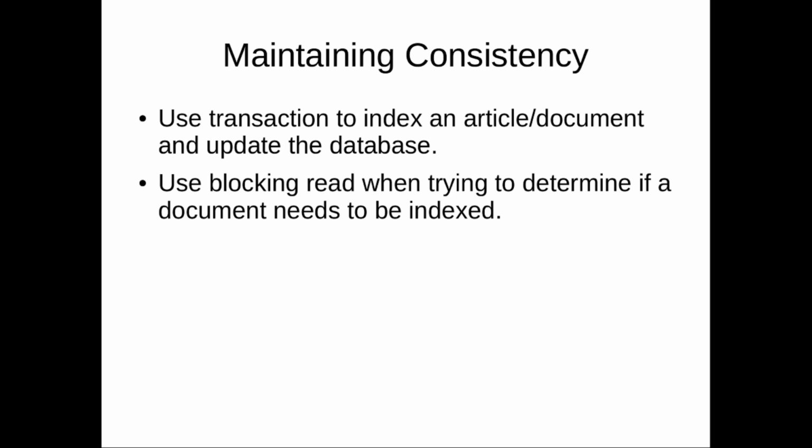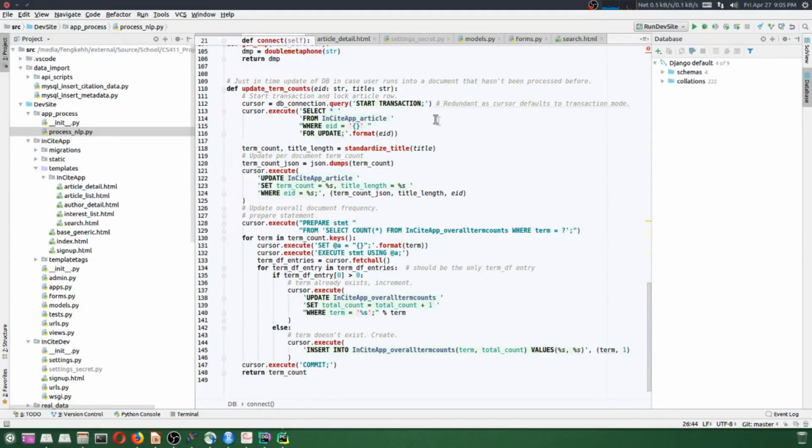and that of course will cause inconsistency. So here you can see the code I have for actually updating or indexing the document. It's called update term count. You can see that I decided to write a raw MySQL query, even though I probably don't have to, but I want to demonstrate that we in fact understand the point of transaction, and we can actually write raw SQL